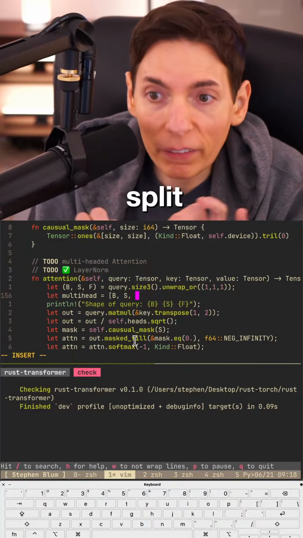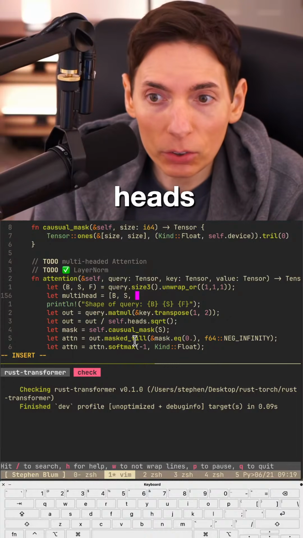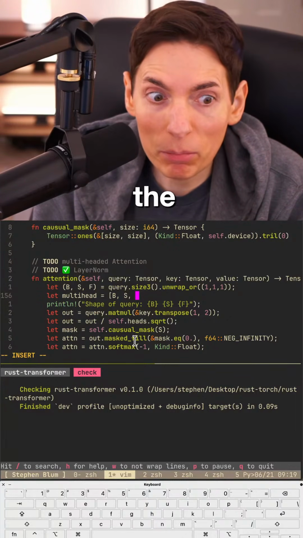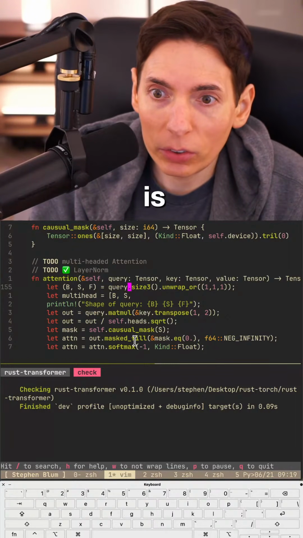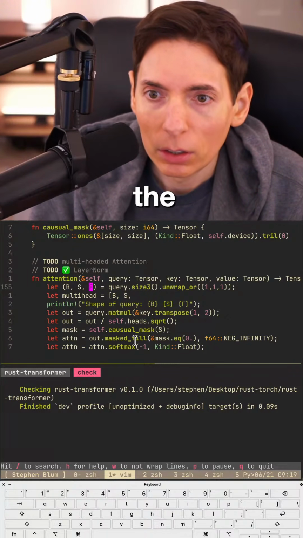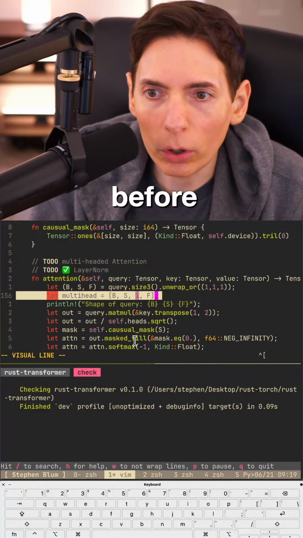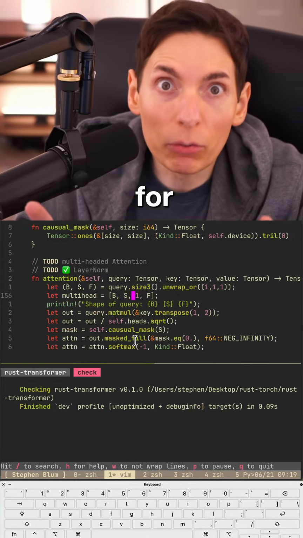We need to split the tail end based on the number of heads and the current dimensionality, right? The dims, the features, really. So the F. This is the dimensions here. Basically, we need to say 1 comma F for the exact same thing as before. This is what we had before. It's going to get it ready for the heads.